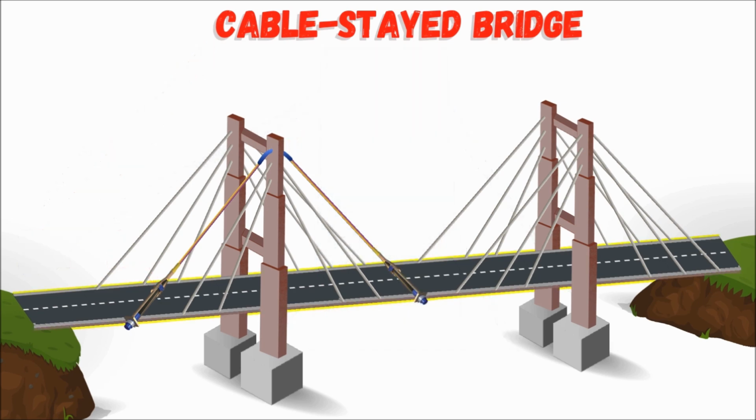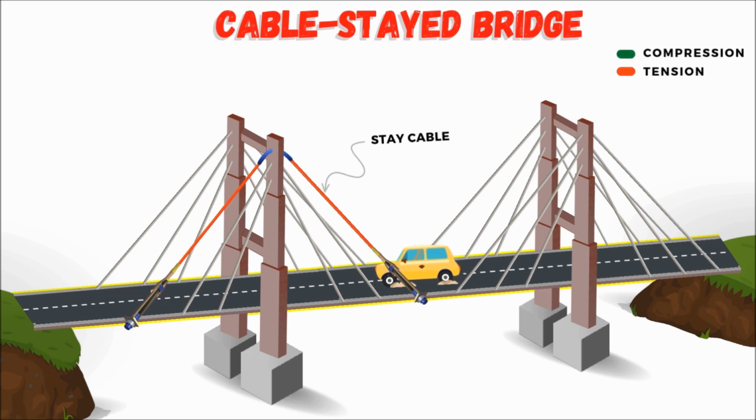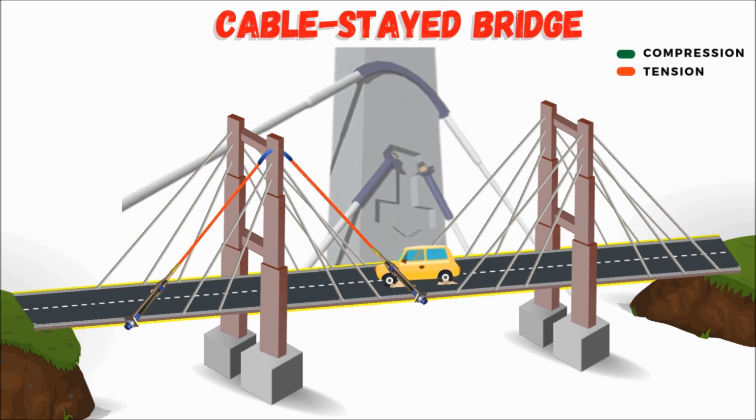The self-weight of the superstructure and the traffic load on it are primarily transferred by the stay cables, which are in tension. Stay cables transfer the loads to the tower through a saddle or individually anchored. The saddle allows the cable to change the force direction and distribute the tensile force onto the tower as compressive force. In the same way, in individually anchored stay cables, if you visualize the components of cable force in two